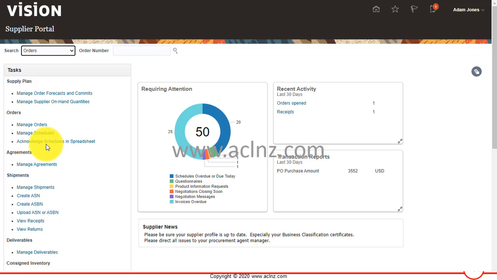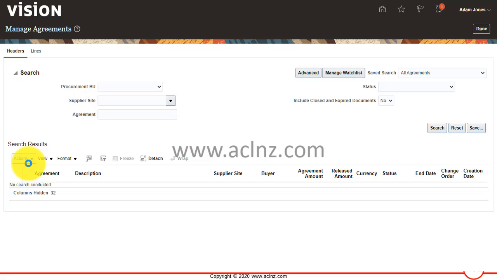So that interface is also called ADFDI. Then you've got manage agreements. So this is referring to the blanket agreements or the contract purchase agreements which have been signed with the supplier. Okay, so you can click on search and it's going to retrieve all the agreements signed with the supplier and